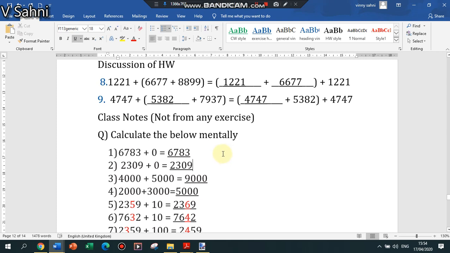Think. The difference between them is that in order property we are talking about two numbers, and in grouping property we are talking about three numbers. And another difference is when I talk about order property, there is no brackets, and when I talk about grouping property, there is bracket. Am I making myself clear here? Good.